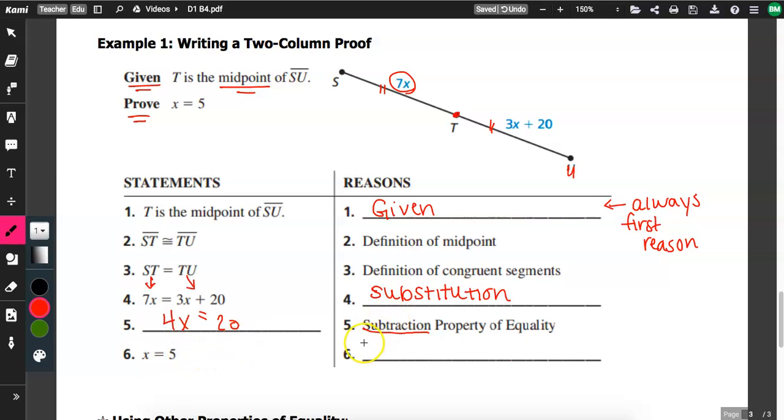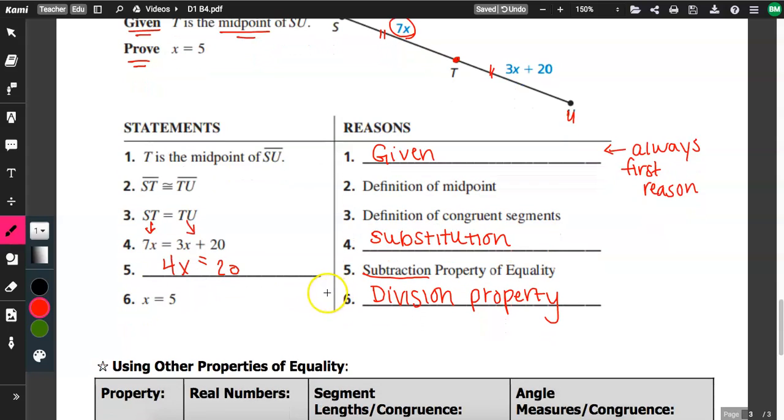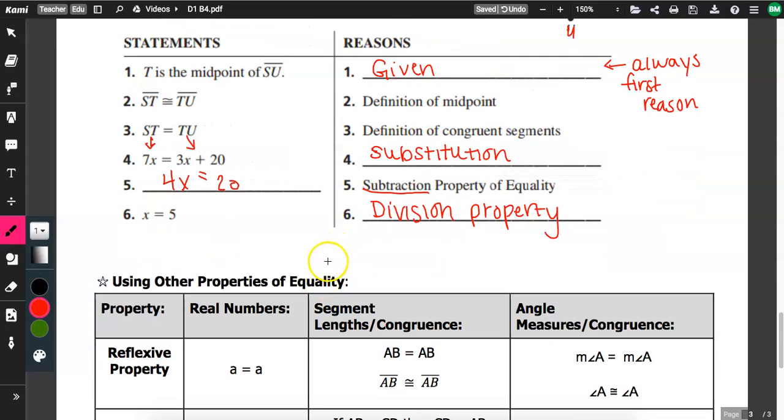How did we get there? That's our division property. Again, I'm not expecting that you followed every single thing I just said or that you could reproduce this. Just look at the setup, right? You can see each statement matches with a reason, how it kind of flows logically. We'll do a lot of practice. And the last thing that we need to talk about today